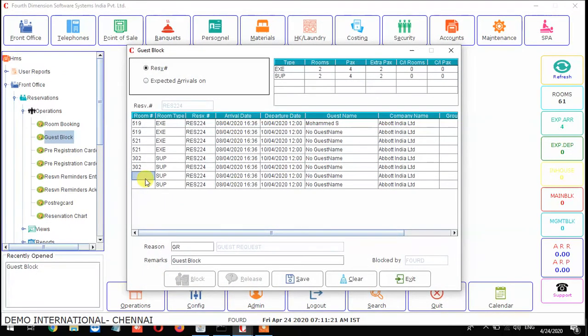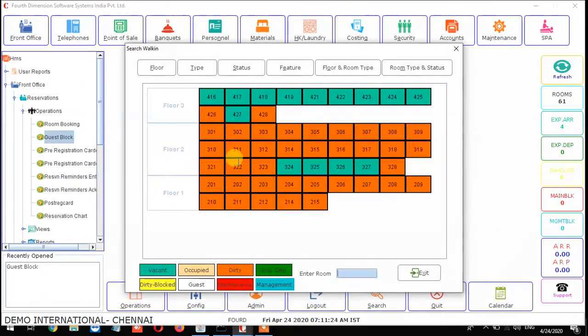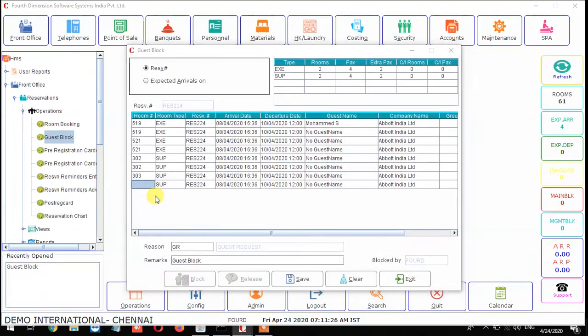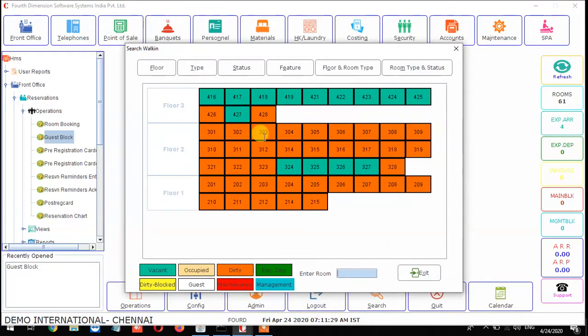Now for the fourth room, in the superior room category, I'll press F1 and give 303, and again 303.